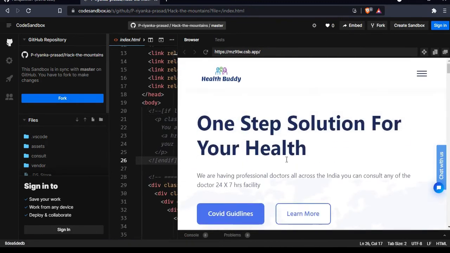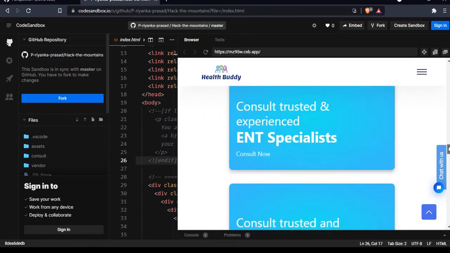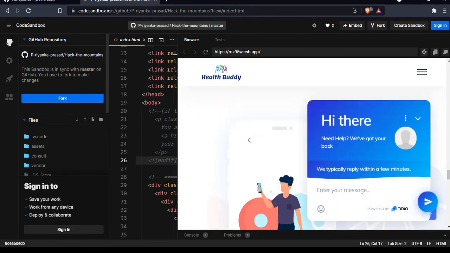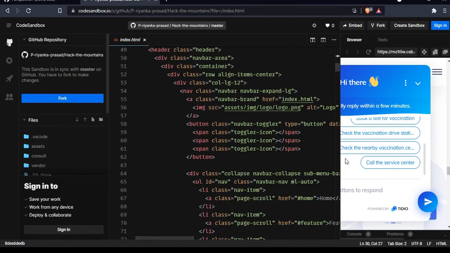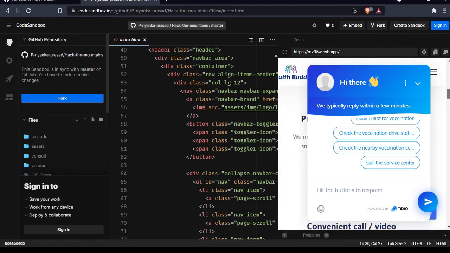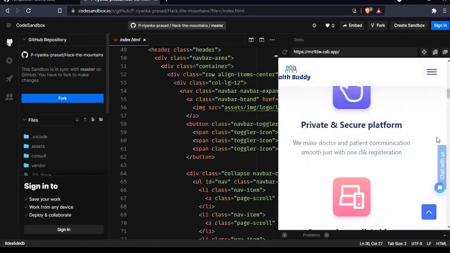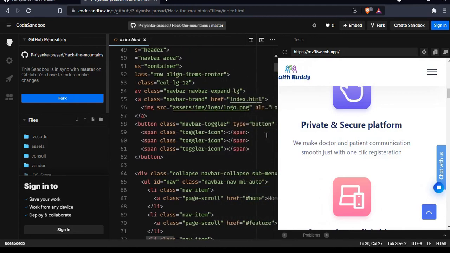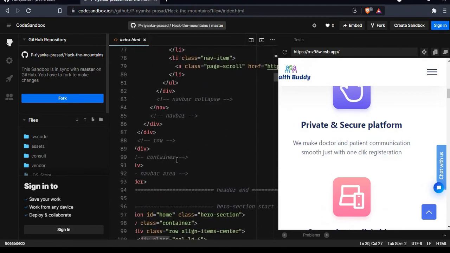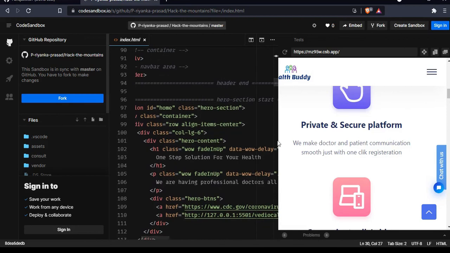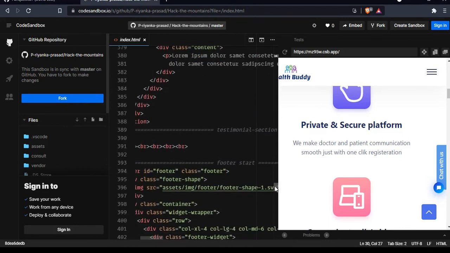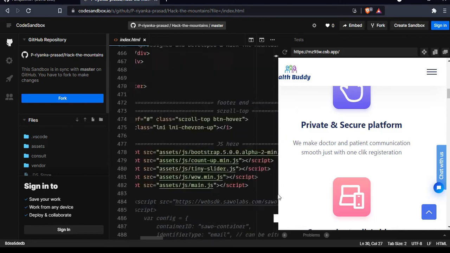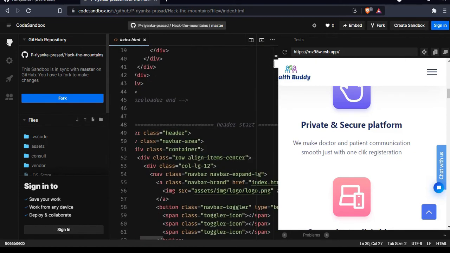So this is the website that we have developed. If we change something here, let's try out what we can change. You can try it out by yourself as well. So this is all about GitHub CodeSandbox, which gives you a kind of Visual Studio Code feeling of GitHub, VS Code, right?